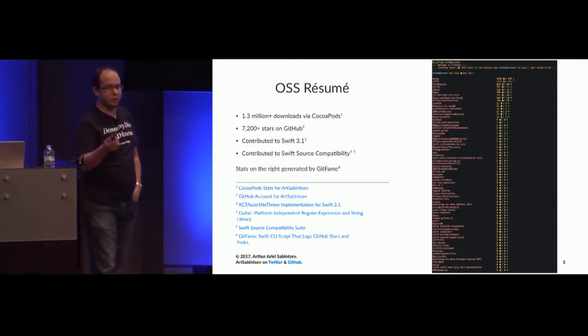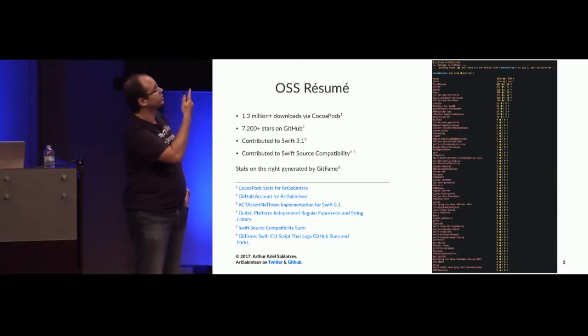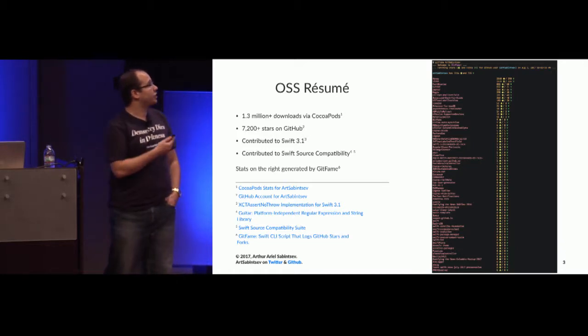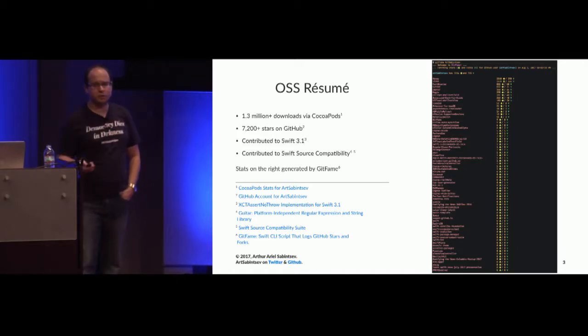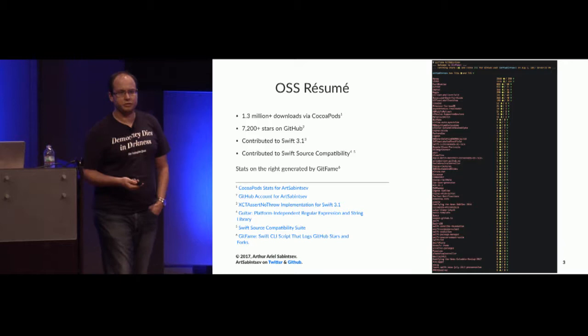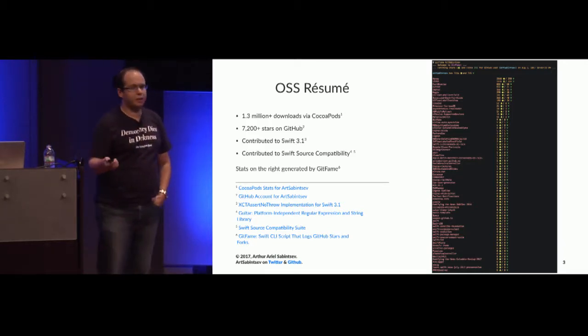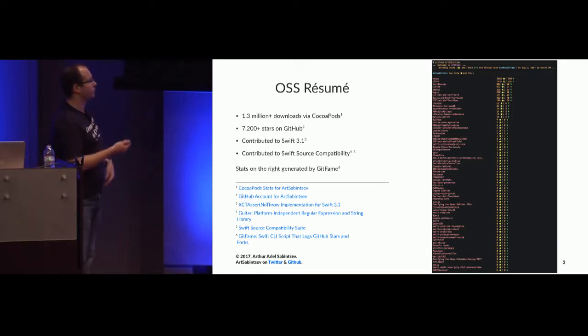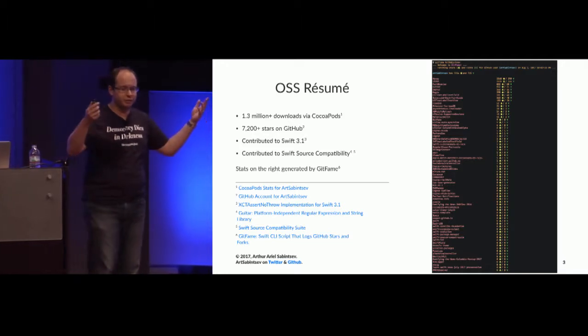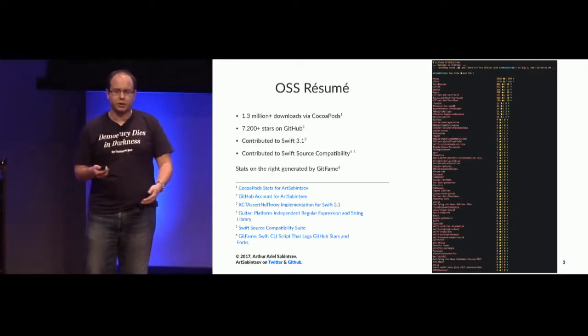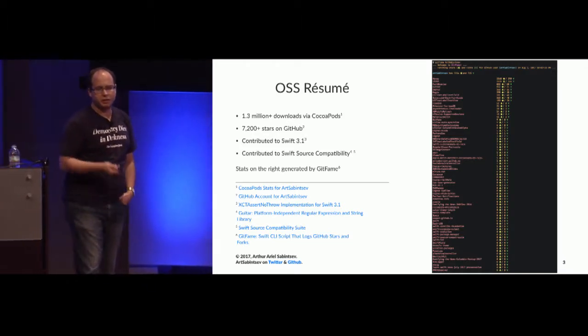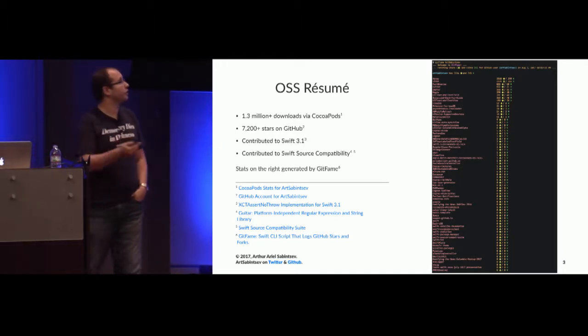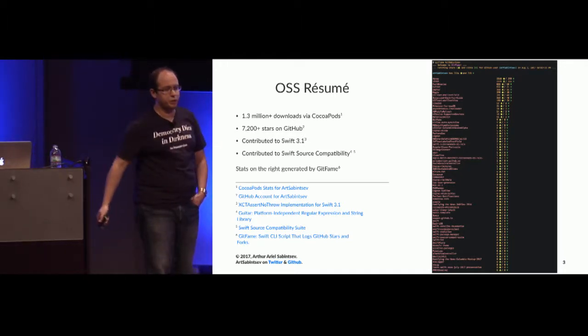Because I love writing open source, and I realized I was starting to hit some of these landmarks, I wrote a Swift command line script, and this is a dump of what it looks like. It's called getFame. You put in the user's name, and it'll dump out all your stars and forks for your GitHub account. So this is one way I can keep track of it. It was just a fun thing. It was my first Swift command line script, and I got to use Grand Central Dispatch in a command line script, which I've never done before, so I thought that was pretty cool. It's available for free on GitHub as well.